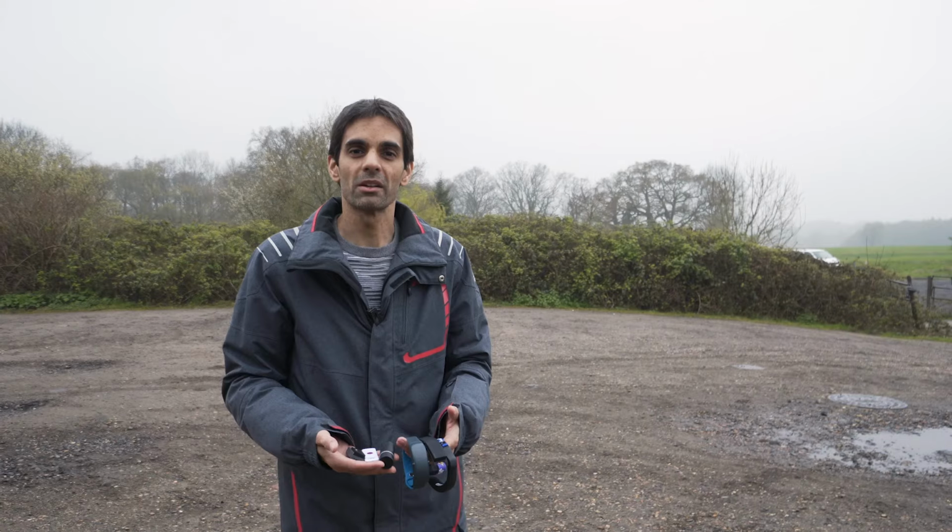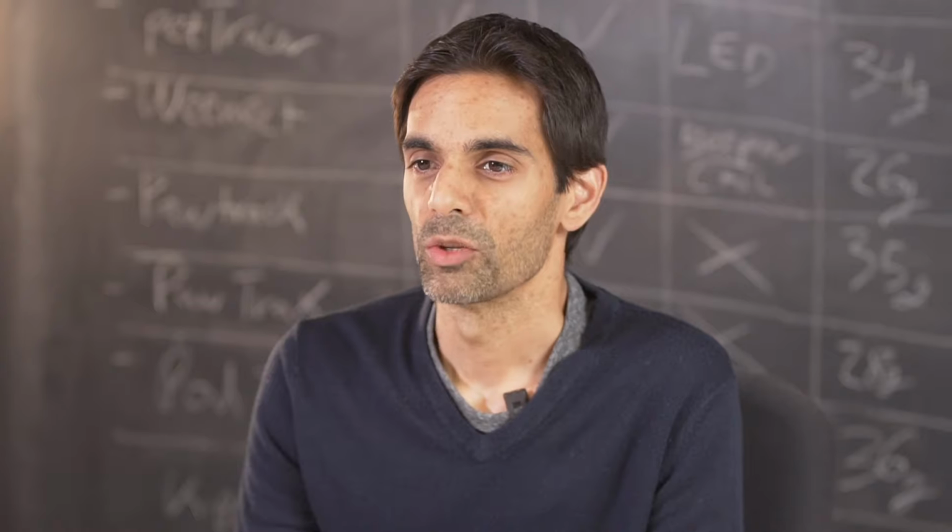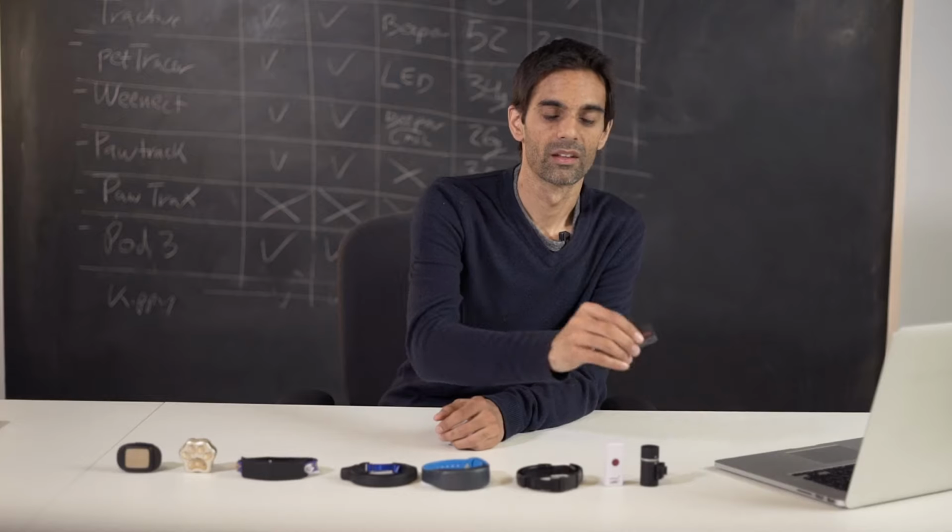With so many different GPS trackers in the market, I thought it would be a good idea to compare the main ones and run them through some tests, as well as talking about some of their features and giving my opinion on them. The GPS trackers we tested are petPointer,